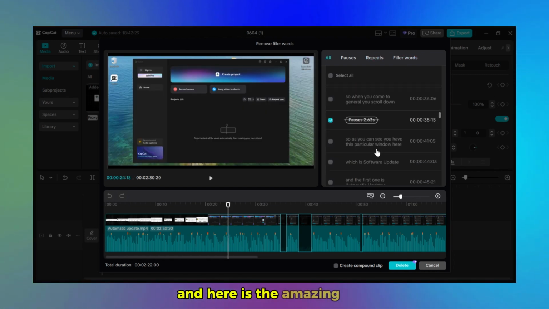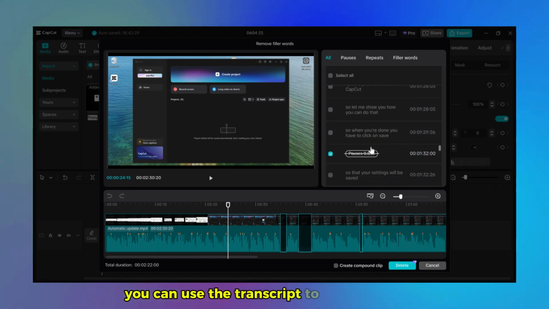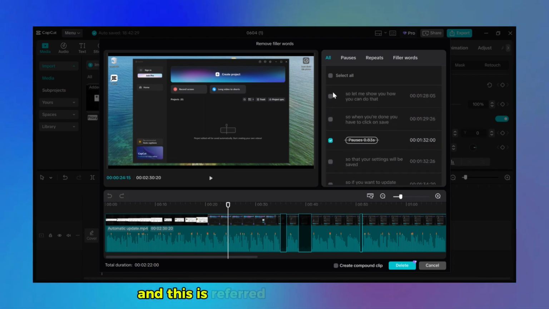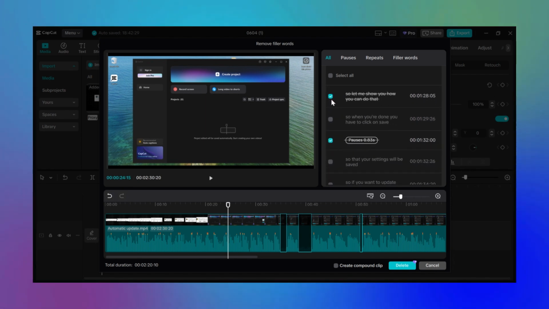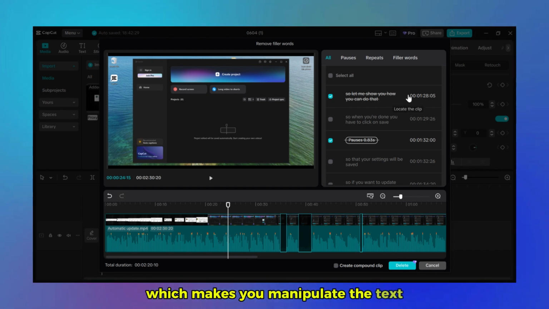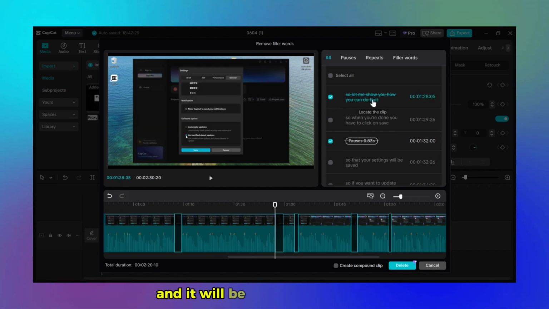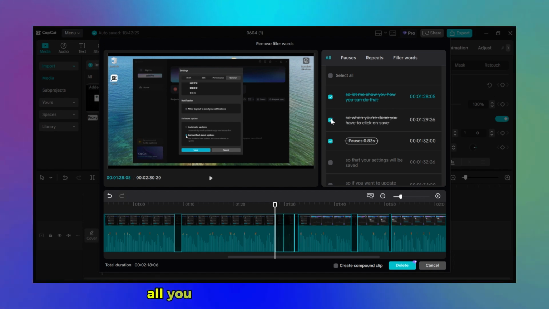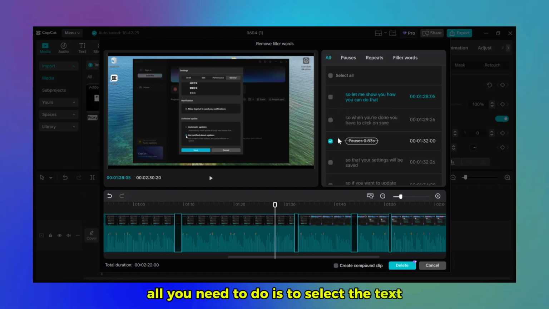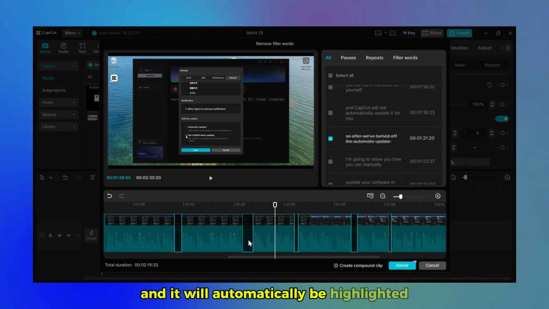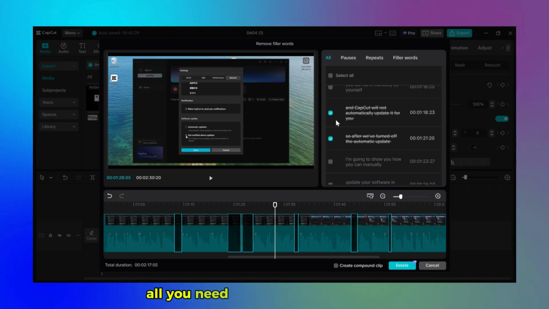And here is the amazing part. You can use the transcript to edit your video. And this is referred to as text-based editing, which lets you manipulate the text or edit your transcript and it will be applied to your video. So if you want to remove a part of the video, all you need to do is select the text and it will automatically be highlighted. And when you are done, all you need to do is click on delete and